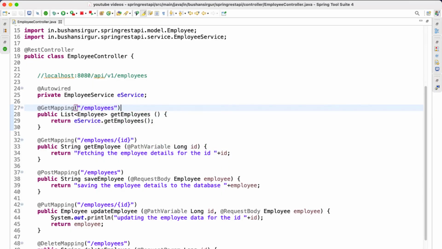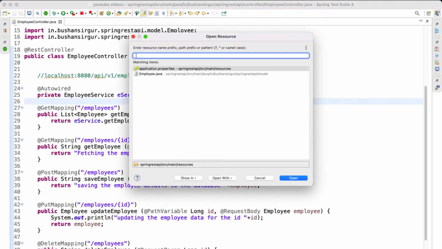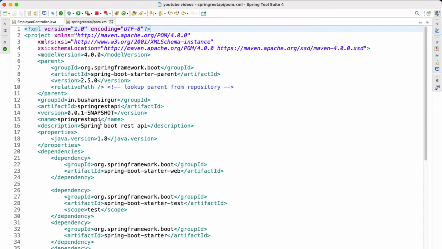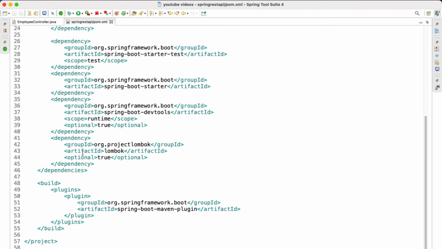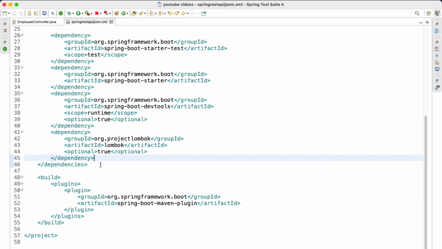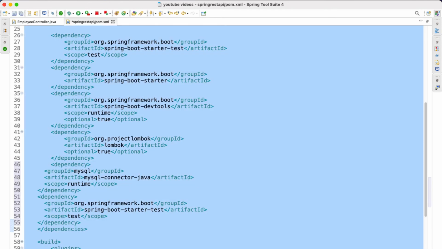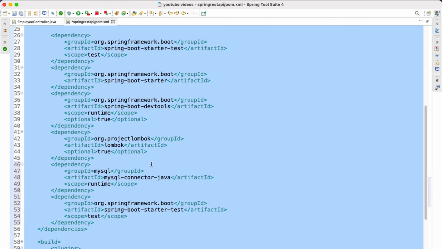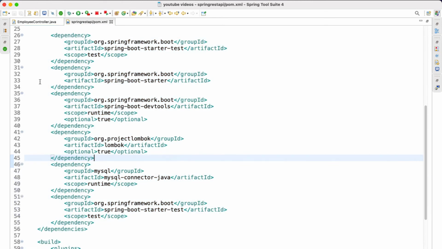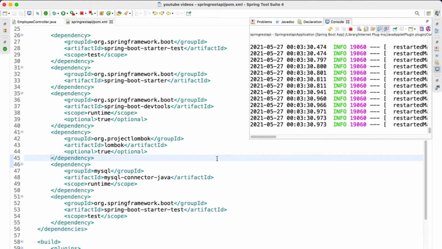Open the pom.xml. Let's add these two dependencies and format this, Ctrl+Shift+F, and let's save this. So this will download all the dependencies that are related to JPA and MySQL connector.